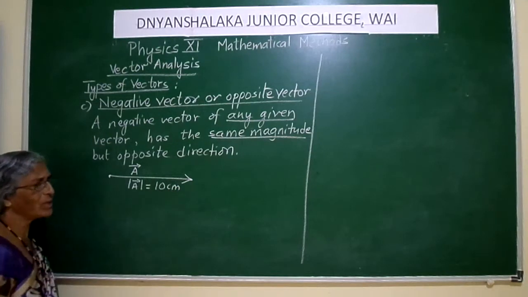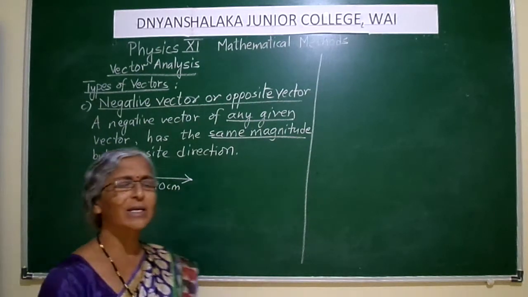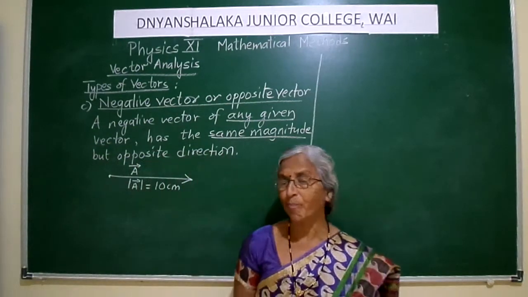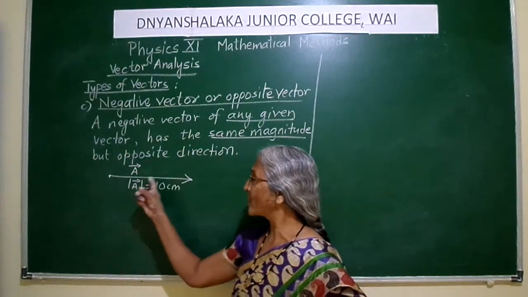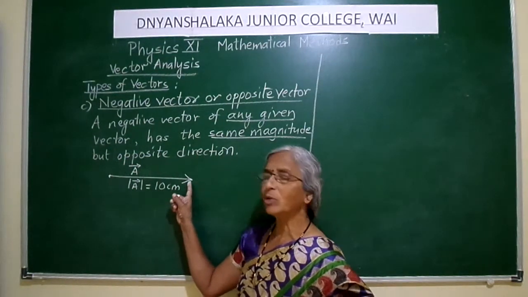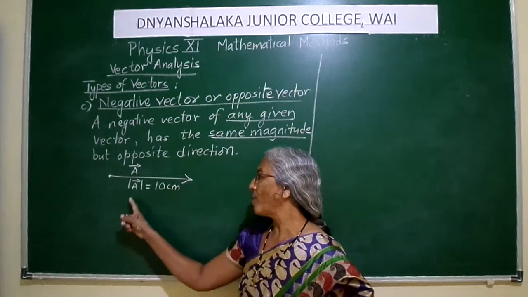How much is the magnitude? 10 centimeters. Let us take this as a displacement vector. So this is the displacement vector in this given direction, which is denoted by this arrowhead,